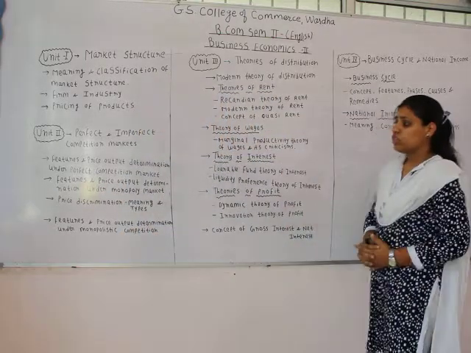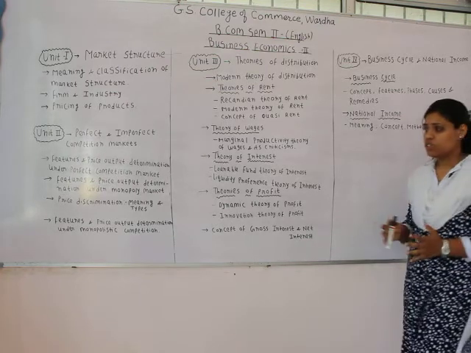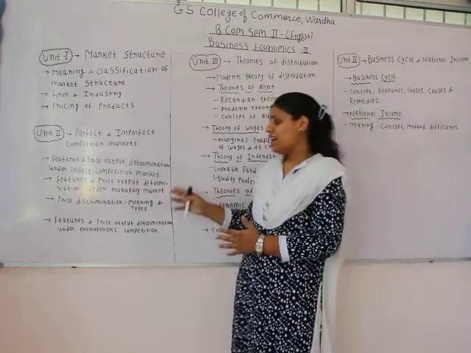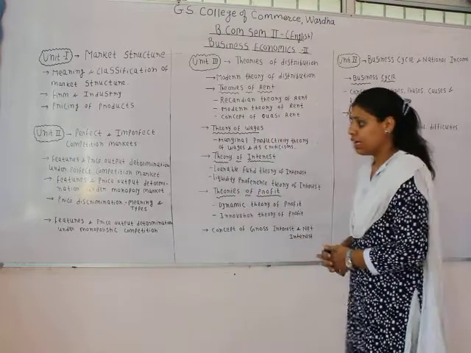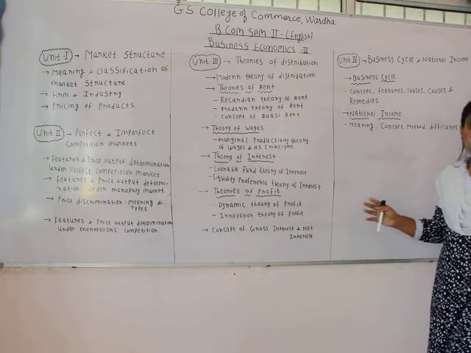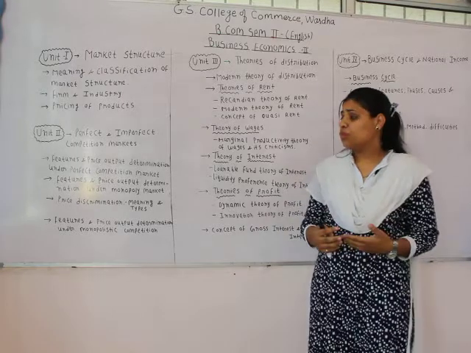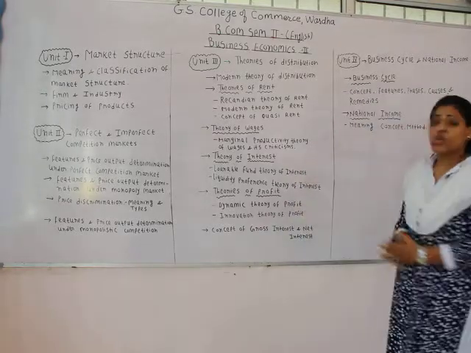So when we talk about the monopoly market, again it is one of the segmentations of market on the basis of competition. So monopoly market is a part of imperfect competition market. Here in this chapter we would be dealing with the different features of monopoly market and we will also see how the price output is determined under this monopoly market.